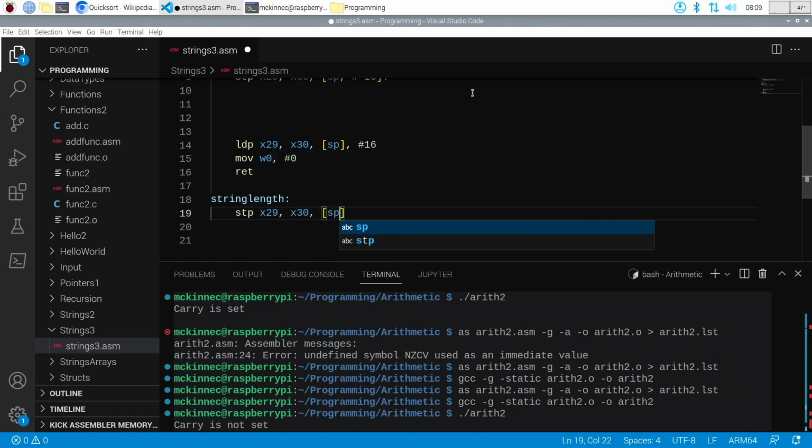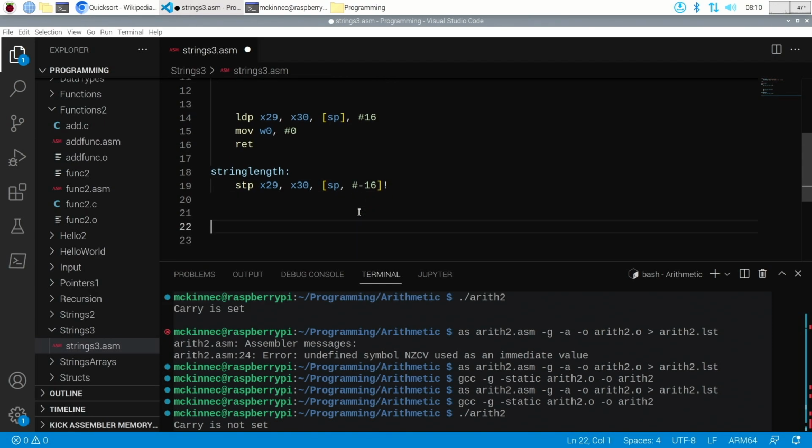Now, it is not the case that in every instance of a function that you write, you have to have that. But for reasons that will become more clear later, just shut up and do it. You don't want to do it willy-nilly, but if you're thinking of making a function, have the store pair, load pair stuff, in general. The last thing, of course, that we need to have is the return, basically to return from the subroutine back to where we were called